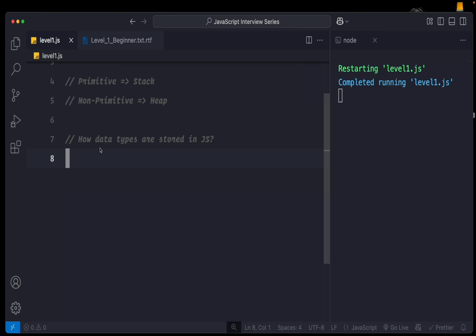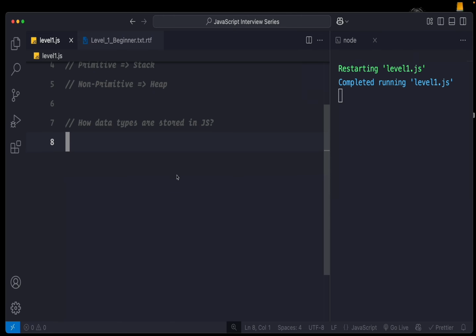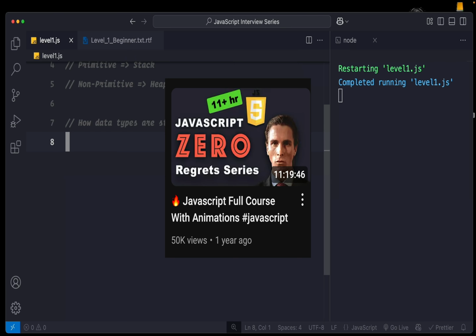Okay, let's now talk about how data types are stored in JavaScript. But first, let's have a very simple overview of all the data types that are classified into primitives and non-primitives. I'm not going to explain what these data types are, but to understand this, you can watch the complete